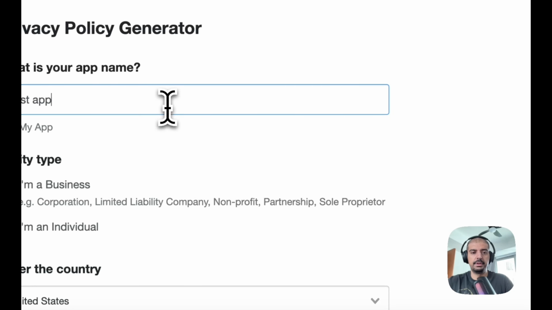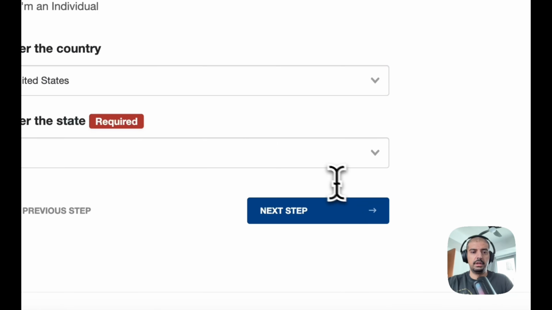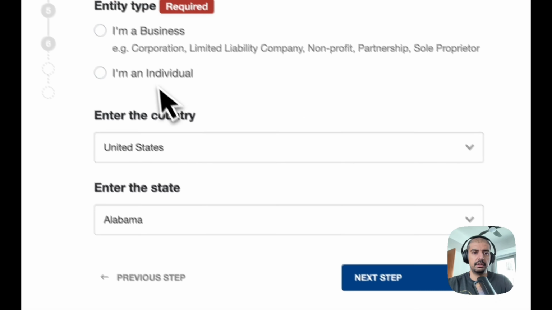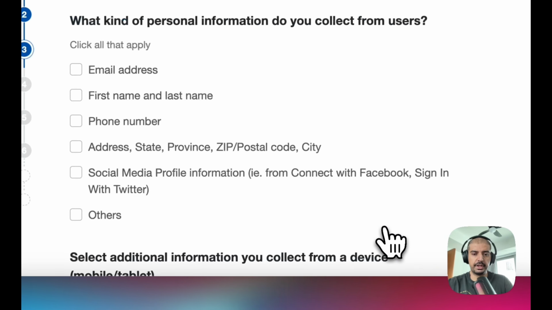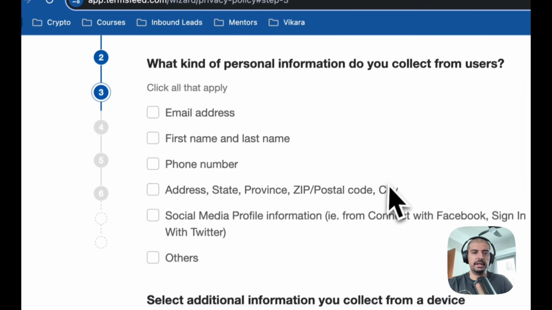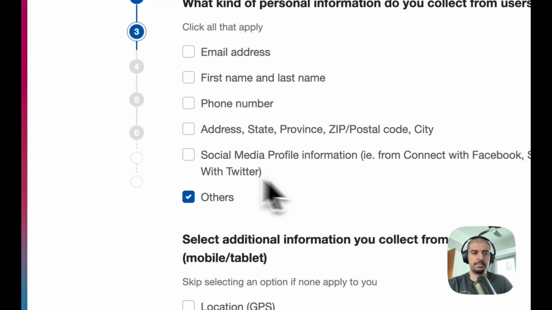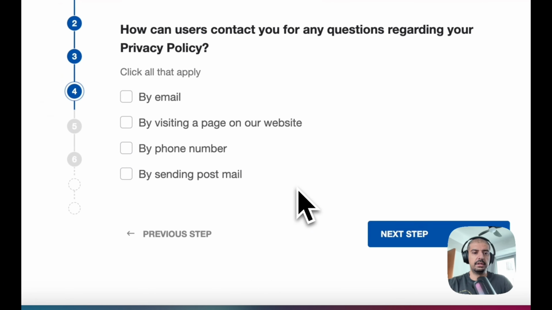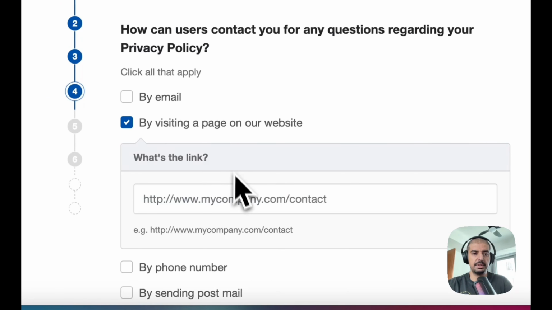Let's just call it test app. State. I'm just going to choose a random one, and then I could just put individual for now. It's totally fine. And then if you're not collecting anything, then just put other, and for this just click on next step, and then you can just select privacy policy page